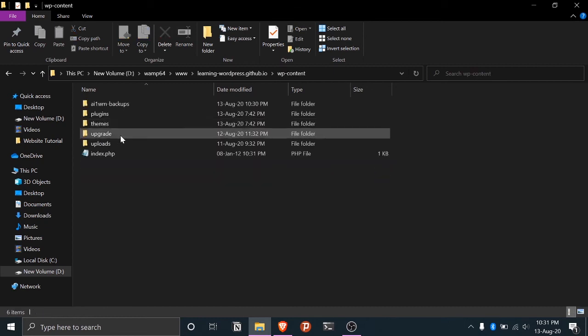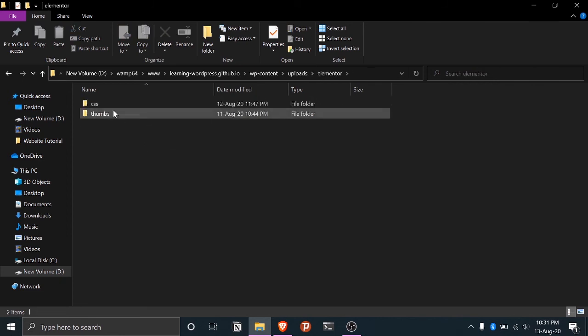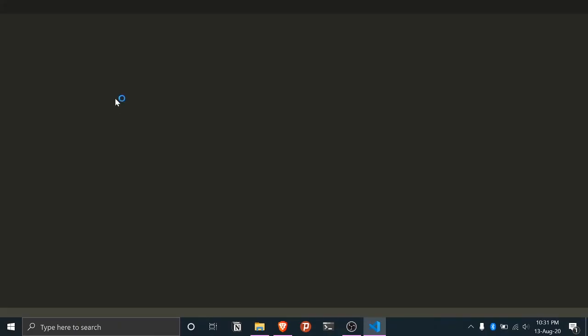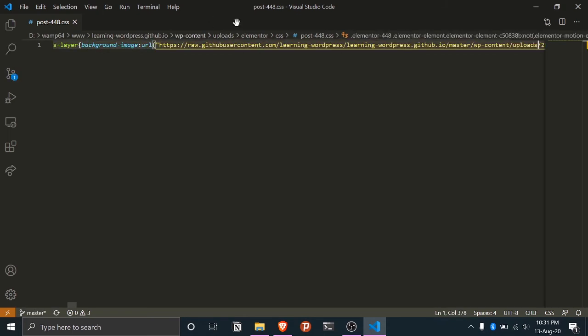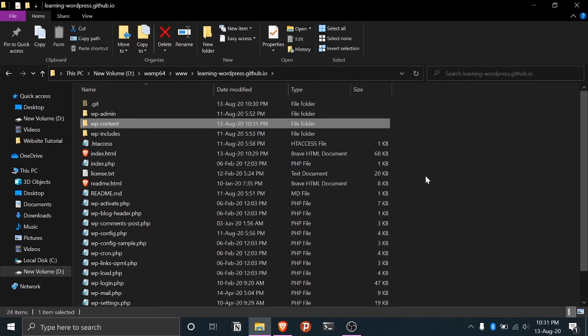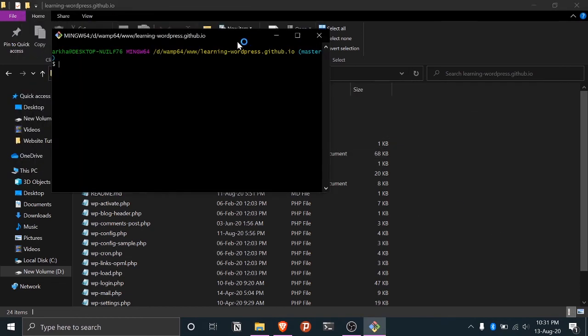So we'll go to WP content and then to uploads and then Elementor and CSS, the top file, and we'll scroll here and then we'll see. No, so this is correct now, it has not been updated, so that's how we want it to be, so it's cool. So we'll now go back to our homepage repository, and then we'll open Git Bash.